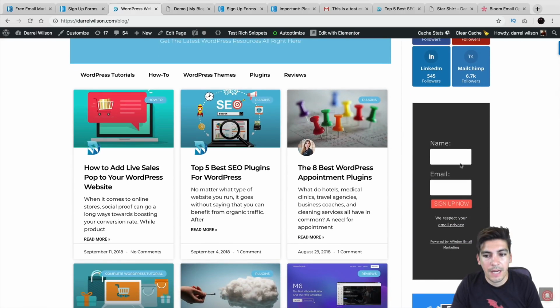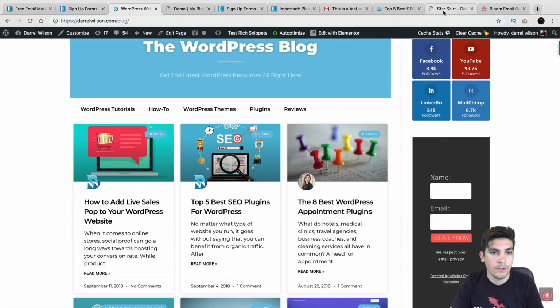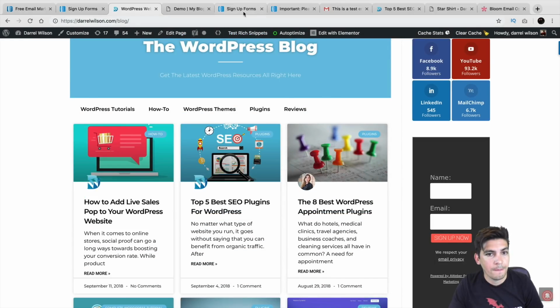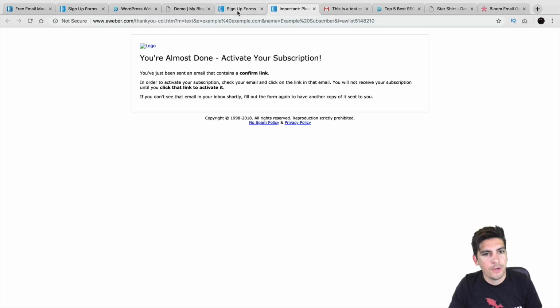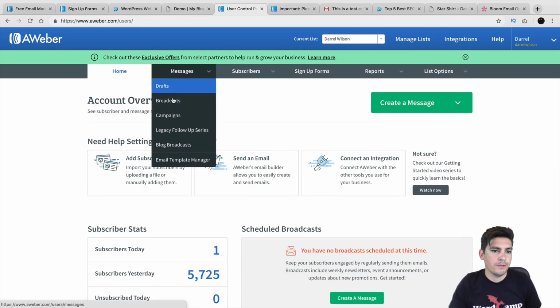So that is another way you can add forms on your websites without using the HTML code. You can use the HTML code, you just got to make sure that you're using a template that works suitably, or you can go ahead and use the plugin as well. So I've basically shown you all how you can, let's see what we got going on here. I've shown you how you can send messages,